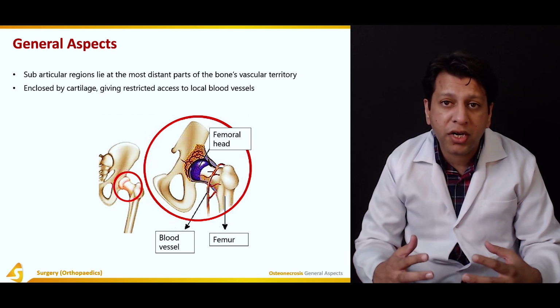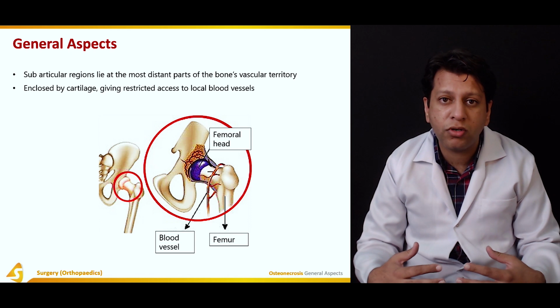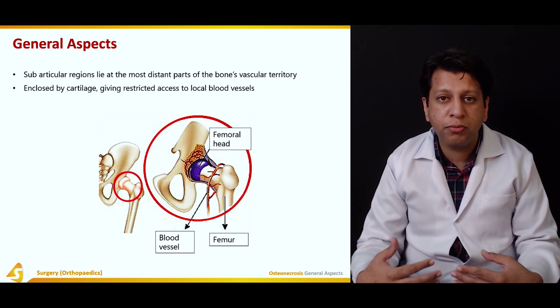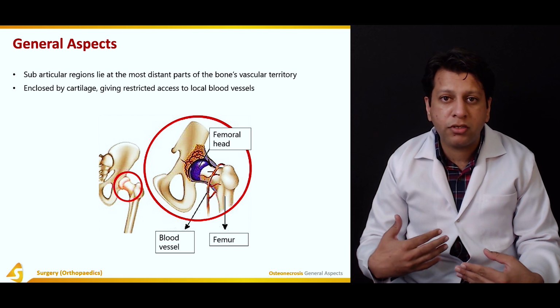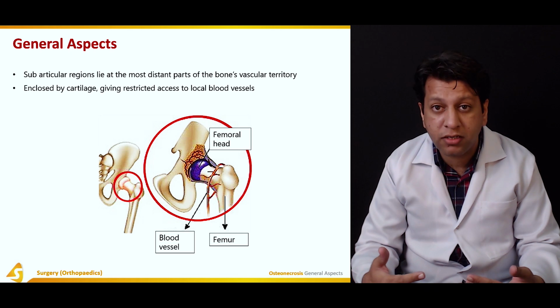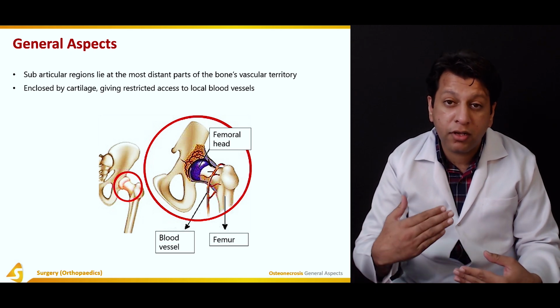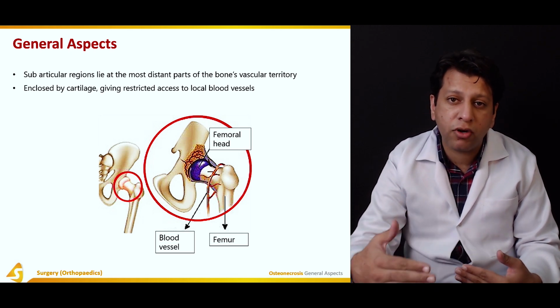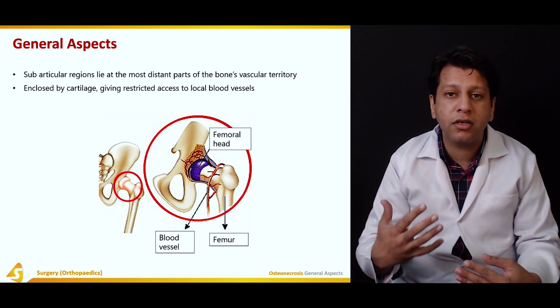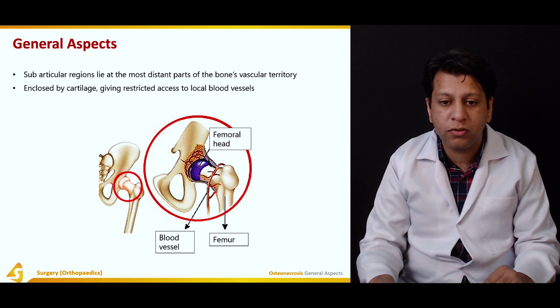So the important point is the cartilage does not have its own blood supply. It actually absorbs nutrients and oxygen from the surrounding tissue, but the bone needs blood supply. The cartilage can probably survive for a longer period, but bone cannot. So if the blood supply is cut, this results in necrosis of the bone.